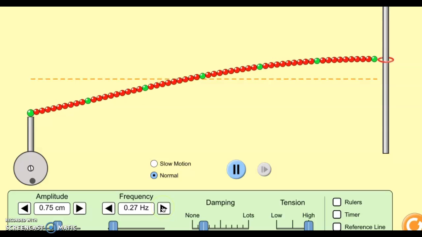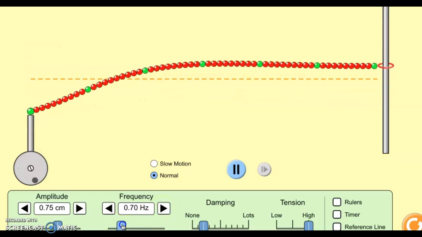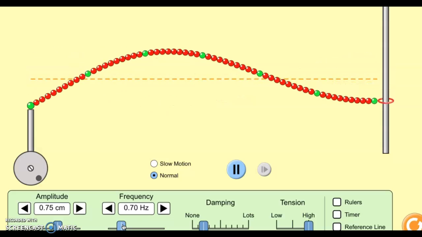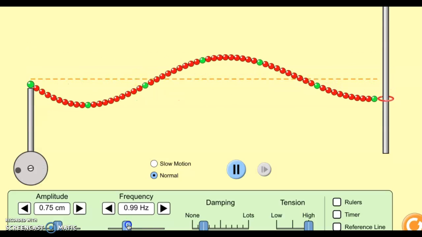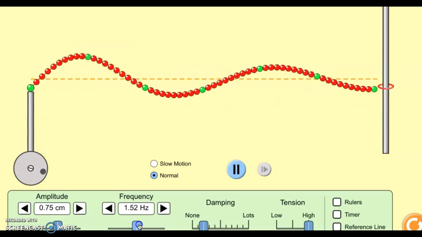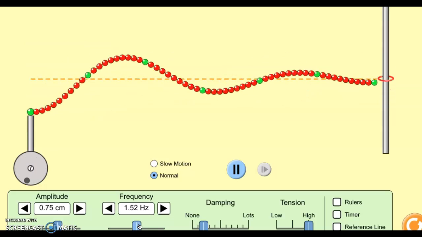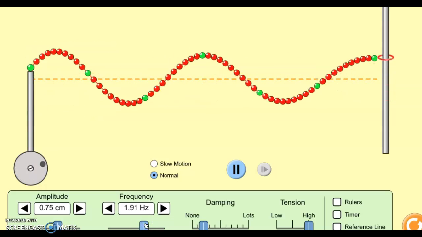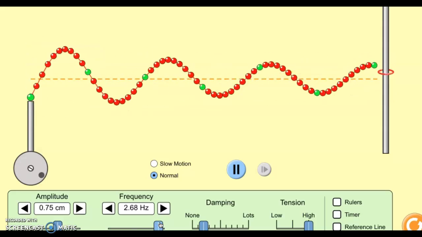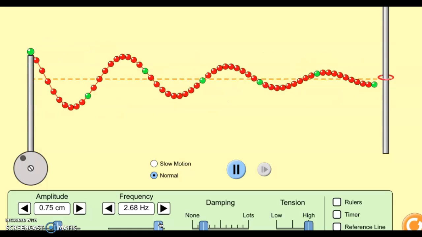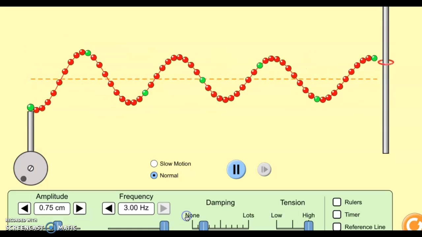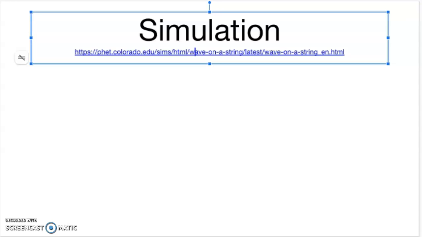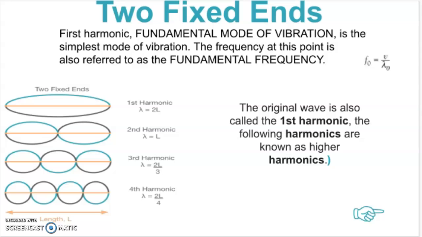Now, what's nice about the simulation as well is it shows you what happens as you increase the frequency, right? You fiddle around with it until you get your nodes and antinodes. But as you can see, as you increase the frequency, you get an increased number of nodes and antinodes happening, right? And that's what we're going to look at next. We're going to look at this increase in nodes and antinodes because that's the next step. So the simulation is on slide 160. But let's have a look at the different kinds of arrangements that you get for each of the 3 types